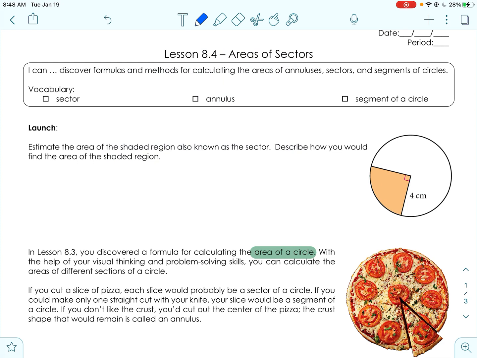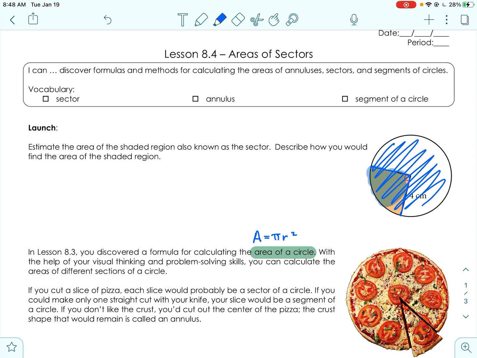So it says estimate the area of the shaded region, also known as the sector. Describe how you would find the area of the shaded region. So we learned previously that the area of a circle was area equals pi r squared. And if we used that to find the area of this whole circle, we would then need to figure out what the area is of just